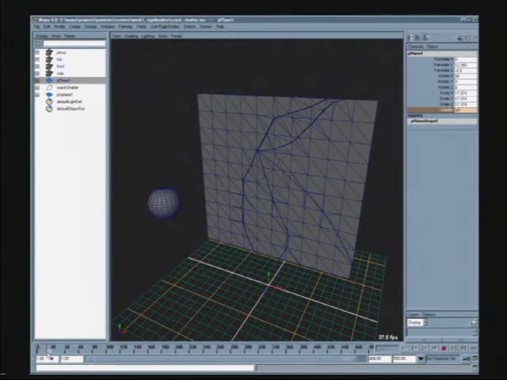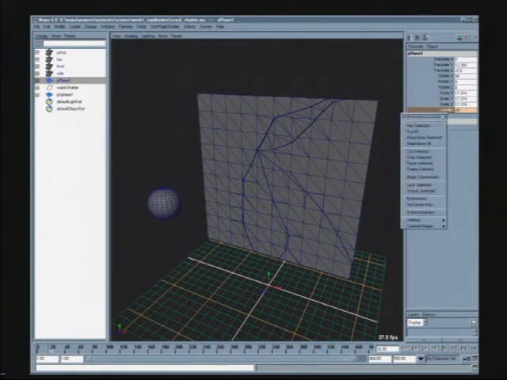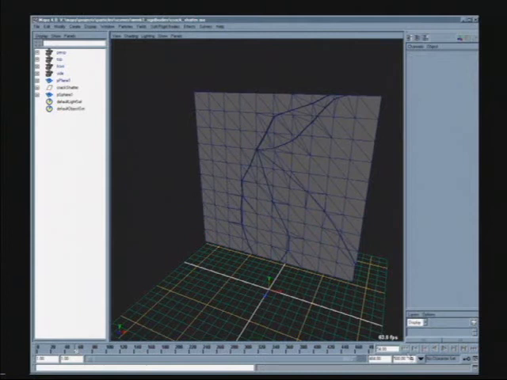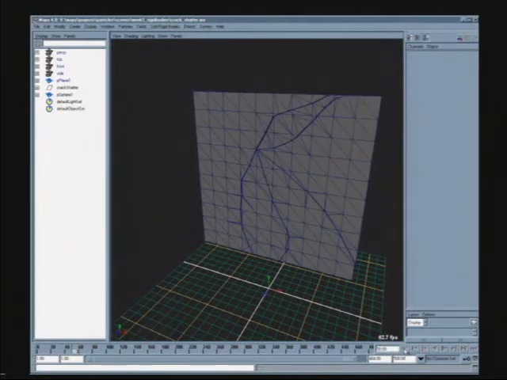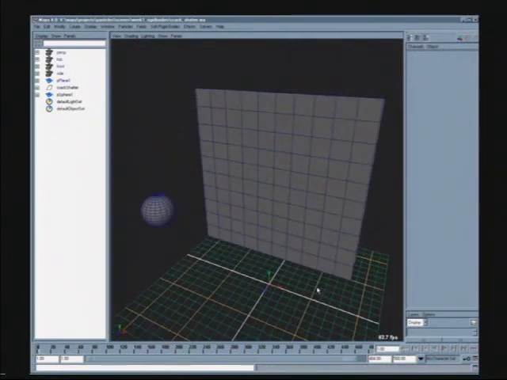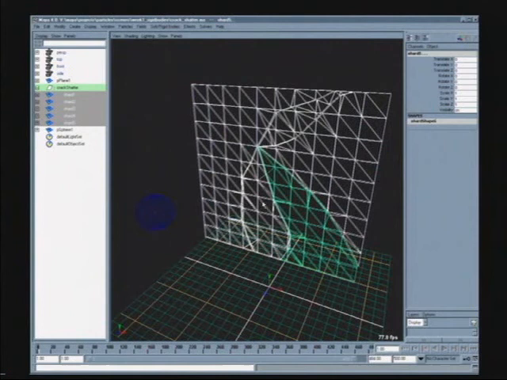So let me just move forward to frame 16 and set that key. So that now when I hit play, we see this. The moment the sphere hits that plane, the plane becomes invisible and we can see the shards that were behind it. Then what I'm going to do is simply select each of those shards that are back there,